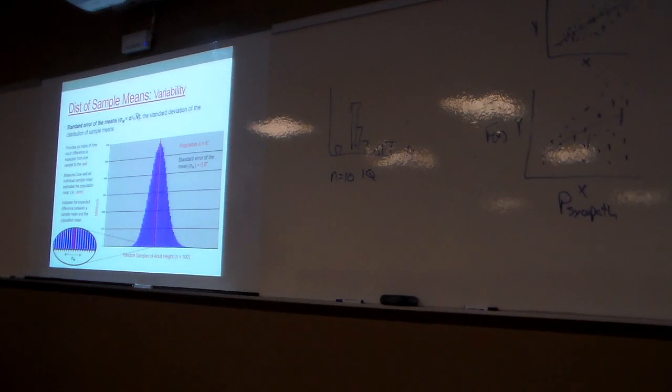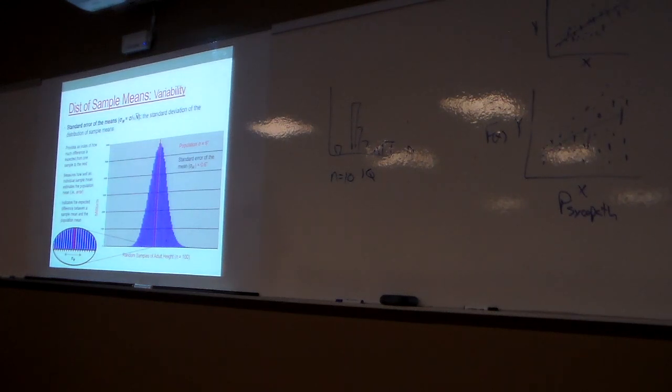Evelina says if, as our sample size goes down, the variability of our distribution of sample means increases, which is exactly correct. And we refer to the variability of the distribution of sample means as our standard error, right? This is super important. Think about your standard error as the standard deviation of the distribution of sample means. A lot of different ways you can think about it. These are all good ways that actually put some meaning into this.